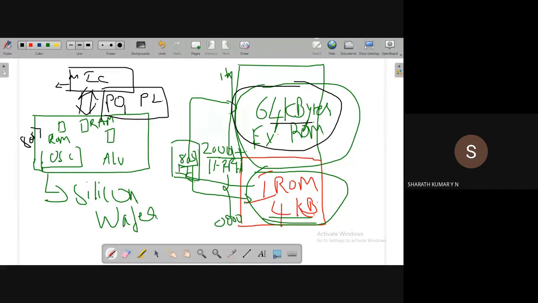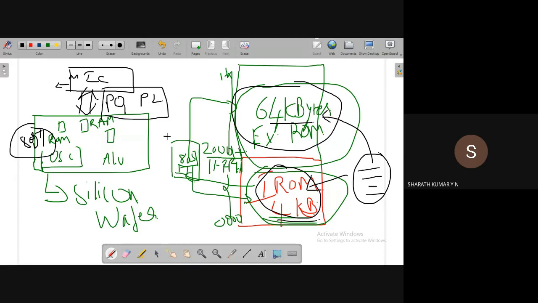But in most of our 8051 based applications, we don't require a very large memory. This 4 kilobytes of memory is too much for us. We'll have a lot of space left. You can fit the complete world inside this. If we write 100 lines of code, this 4 kilobytes is sufficient, so we don't jump to this location. But sometimes, if the application is really complex, then an external memory IC is required.